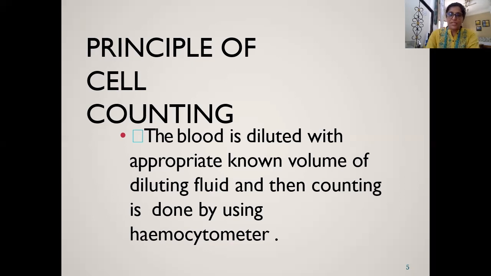So we will first be taking the fresh blood, filling it in the desired volume in the specific pipette till the specific mark, mixing it with the dilution fluid, which is specific to the cell to be studied, keeping it properly so that there is a good reaction between the dilution fluid and blood, and then charging our super instrument, the improved Neubauer's counting chamber. Once we charge the Neubauer's counting chamber, these cells become visible under the microscope.